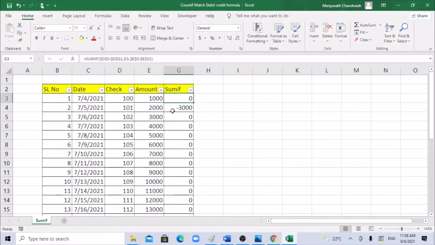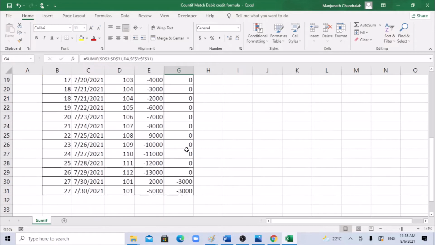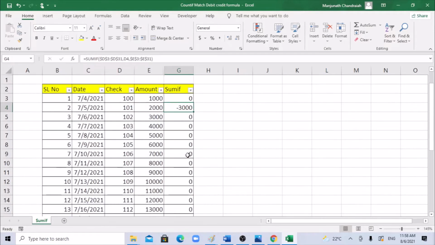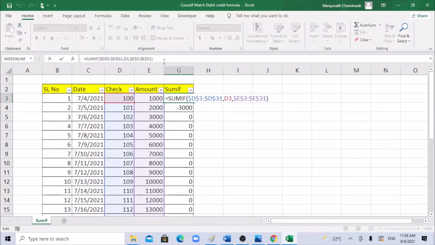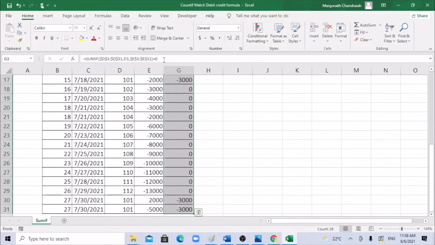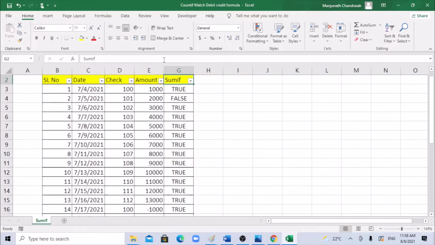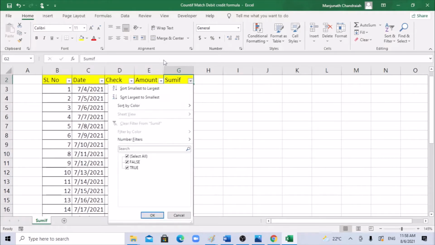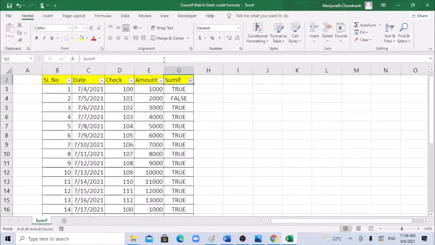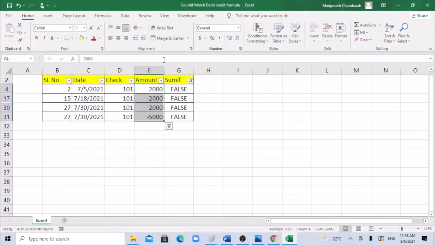So these line items are pending now. Either you can use it as 0, because here we have only a few line items, or you can just add equals and 0. Then it says true or false. False means it is not matching.